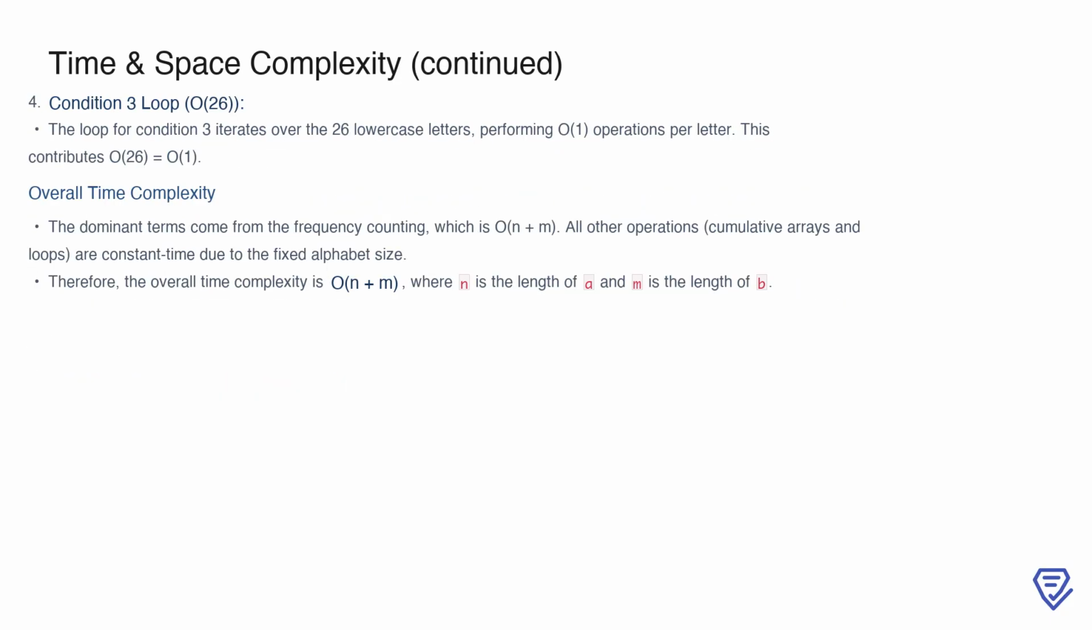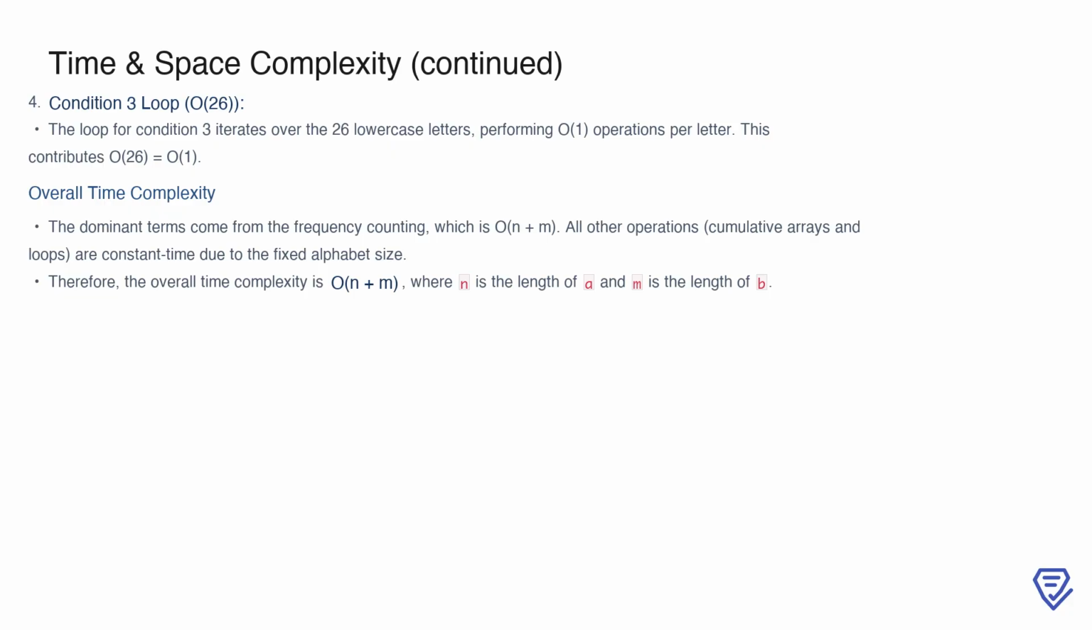Now, for the third condition, which involves making all characters in both strings equal to a single letter, we loop over the 26 lowercase letters. Similar to the previous loops, this operation involves a constant amount of work for each letter, which results in O(26), or O(1), time complexity. Combining all these steps, the overall time complexity of the solution is dominated by the frequency counting step, which is O(N + M). The other operations, such as constructing cumulative arrays and iterating over the fixed alphabet size, are constant time and do not depend on the input size. Therefore, the final time complexity of the algorithm is O(N + M), where N and M represent the lengths